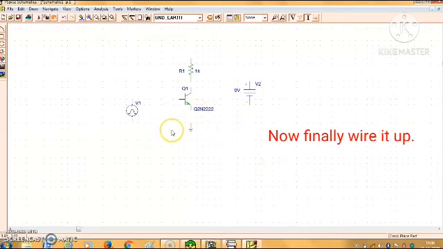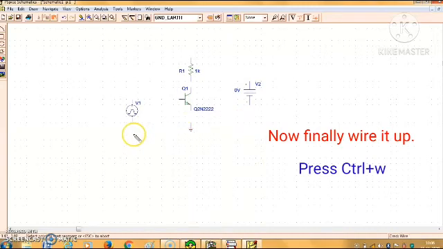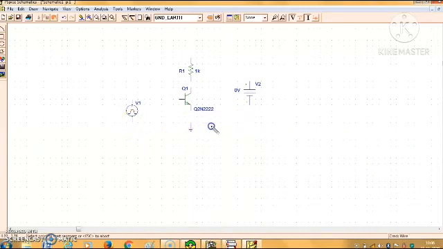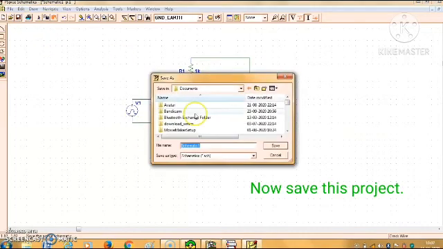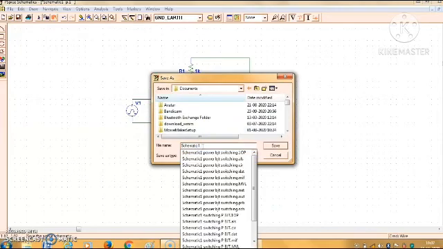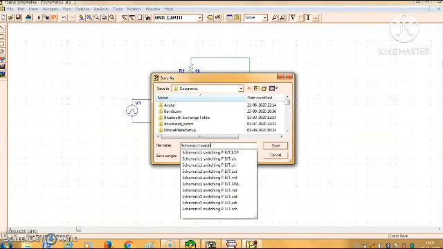Now we have to wire it up by pressing Ctrl W on your keyboard. You will get the tool to wire it up. Make all the connections properly. Now save the project on your computer. Put a name here and save it.